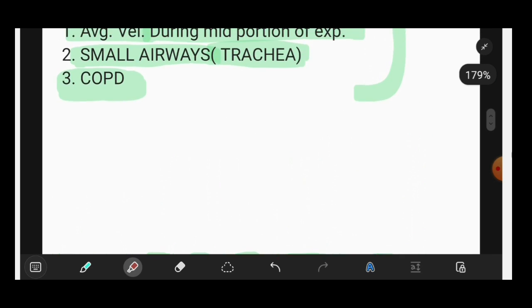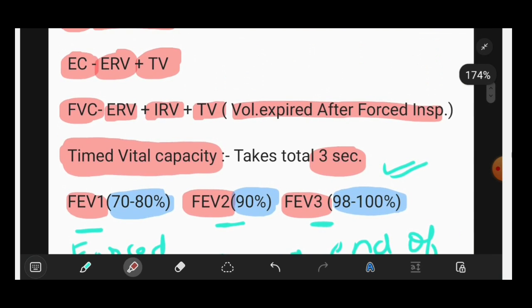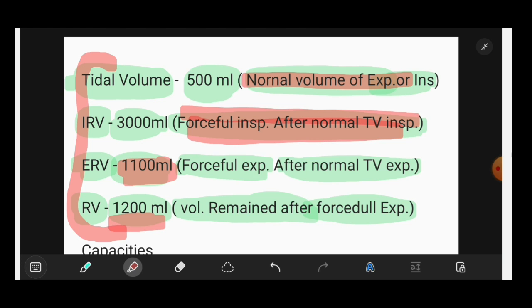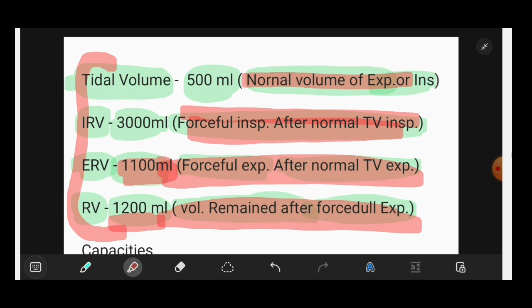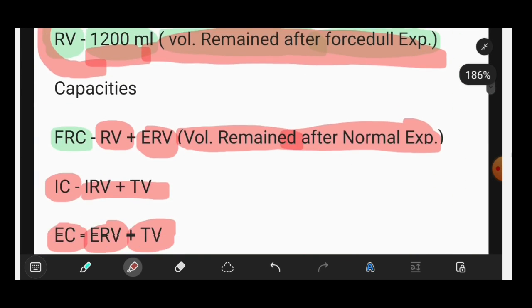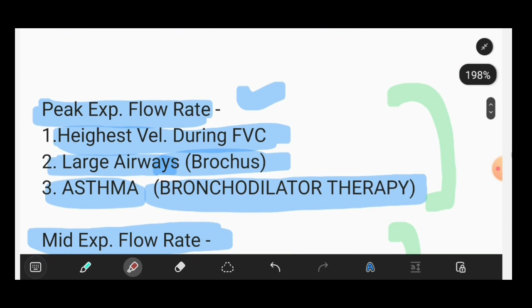Okay guys, so this was spirometry. Very important, guys. These four values you have to mug up, and how these are measured, and you have to understand the main definitions. What are these definitions? This is very important, guys. So this was the lecture on spirometry, guys, and in the next video I'm going to discuss the different pathologies like obstructive lung disease and restrictive lung disease, and the approach to spirometry, how we can diagnose these two pathologies.